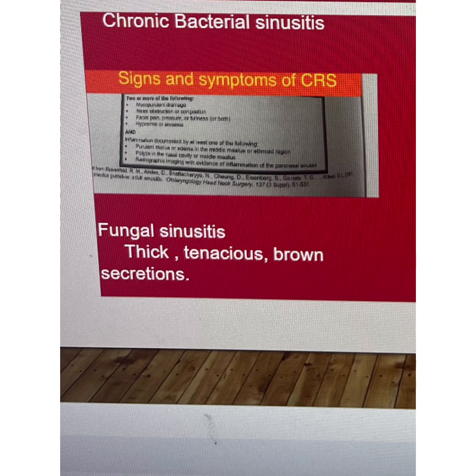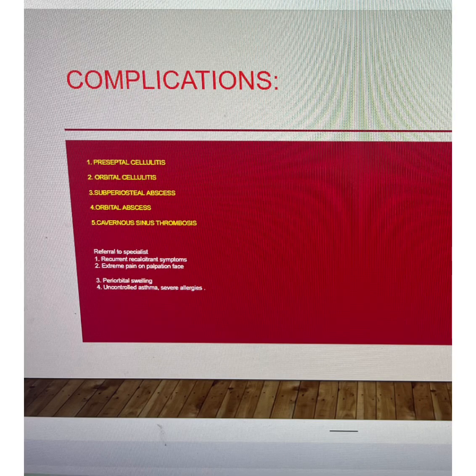And one of the criteria in the second section: purulent mucus or edema in the middle meatus or the ethmoid region, and the polyps in the nasal cavity, or X-ray image with the evidence of inflammation of the paranasal sinuses. And for recurrent acute rhinosinusitis, the criteria is that each episode should meet the same diagnostic criteria as acute bacterial rhinosinusitis. Just a word about complications: preseptal cellulitis, orbital cellulitis, subperiosteal abscess, orbital abscess, cavernous sinus thrombosis,